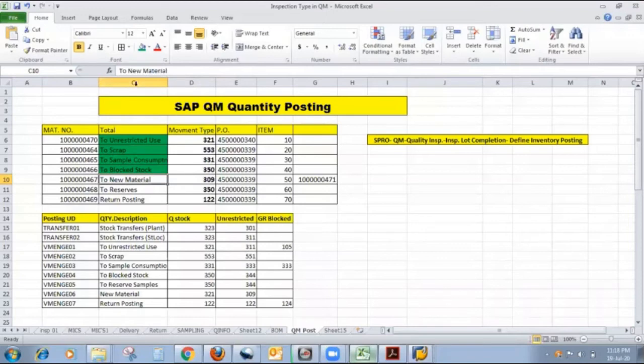So this is more about inspection type 321 here, for the new material. Here also observe that it is inspection type 321, that is quality to unrestricted.